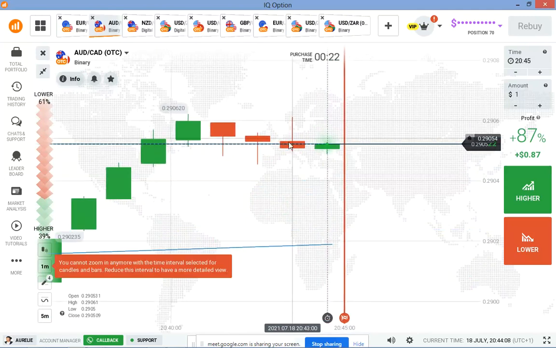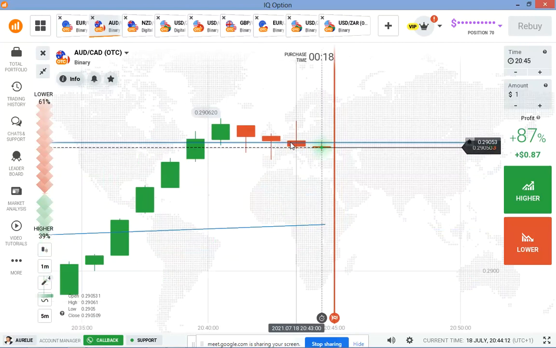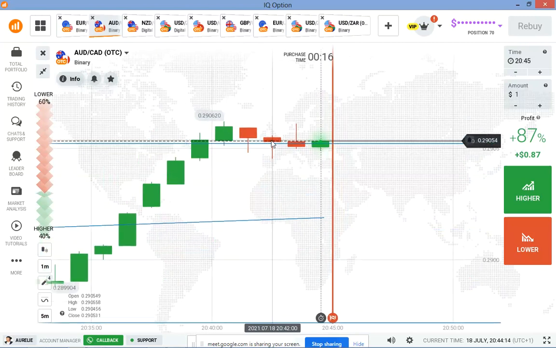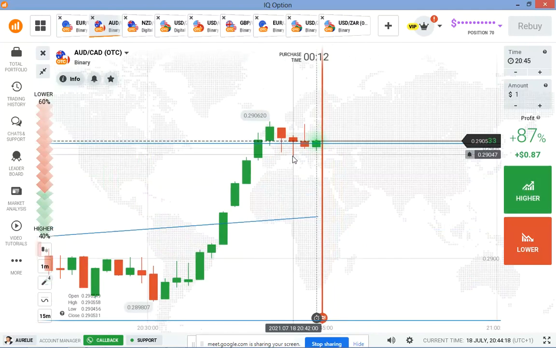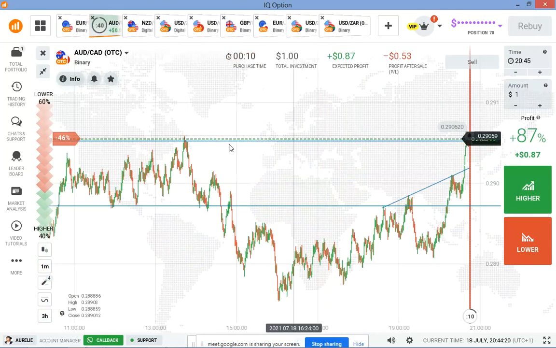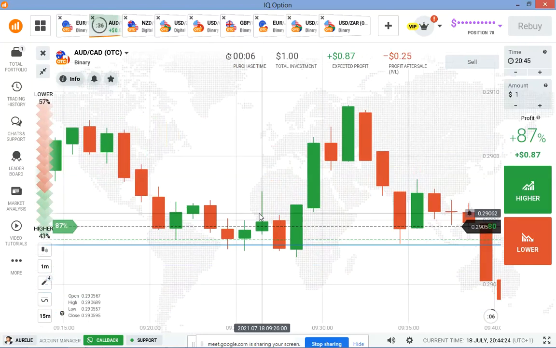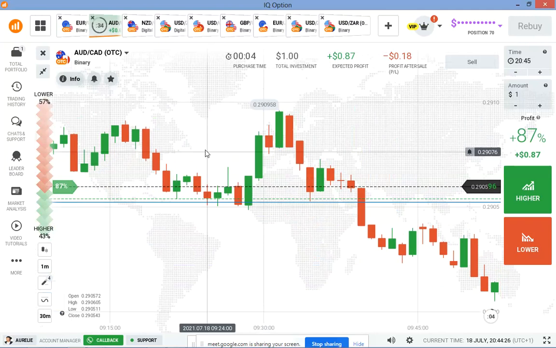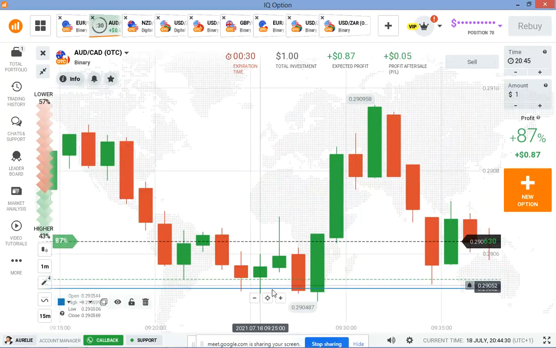Now there's no buyer's entry. You see that buyers try to enter, but sellers still enter again. There's no buyer's entry. Now this candle closes below this line, below the reversal point. So we can expect buyer's entry here, because if you check on the left side, you will see this is the actual level the buyers are entering the market.